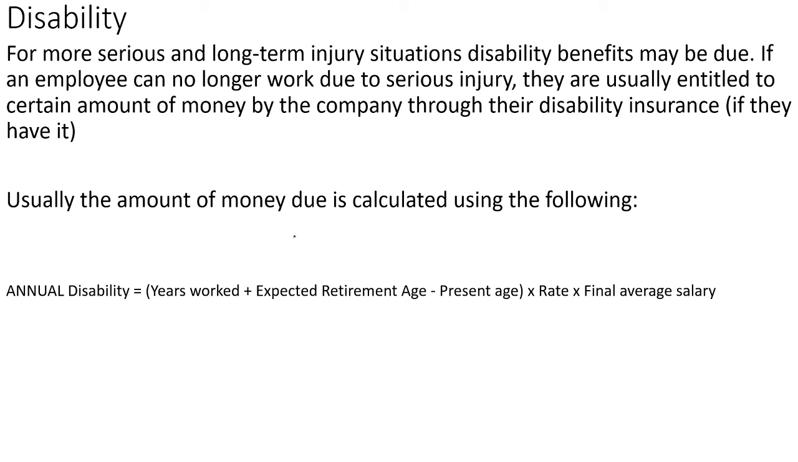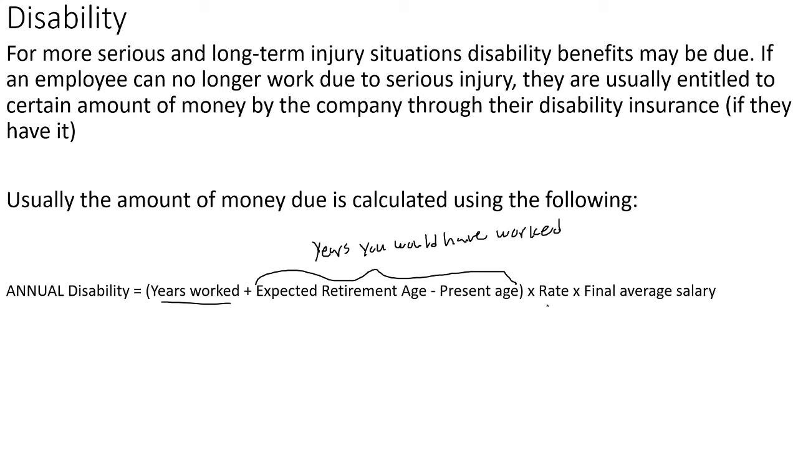So the way you get the annual disability benefits is you take the years that you've worked plus your expected retirement age minus your present age. Basically, this chunk can be represented as years you would have worked. So basically, you take the years you have worked already plus the years you would have worked before you retired, and then you multiply it by your rate and by your final average